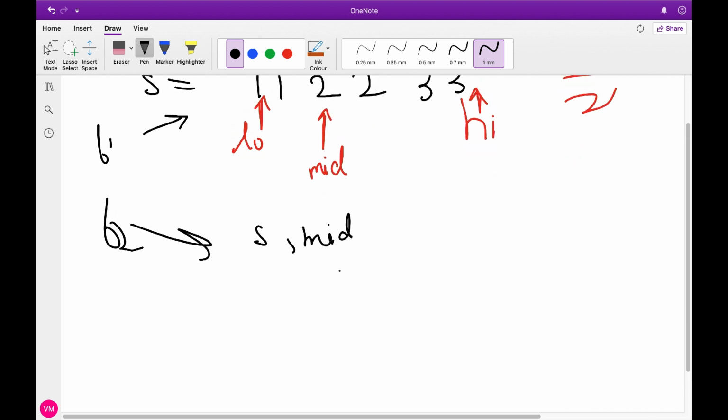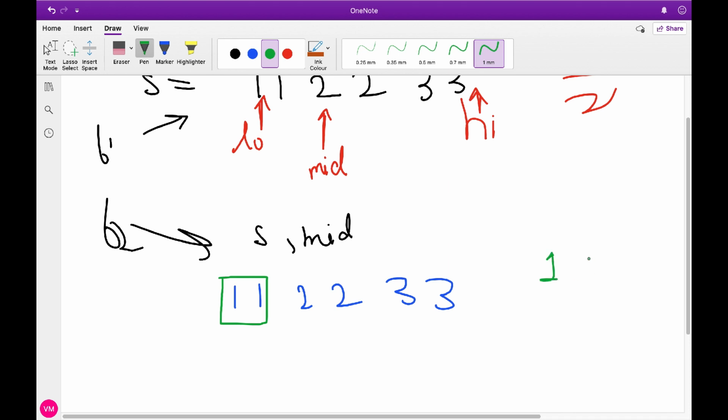Okay guys, so here is 1 1 2 2 3 3, and now I will create a window of size 2 and check whether the occurrence of the characters 1, 2, 3 is at least 1 in a window of size 2. Here I will make an occurrence map, we can say.